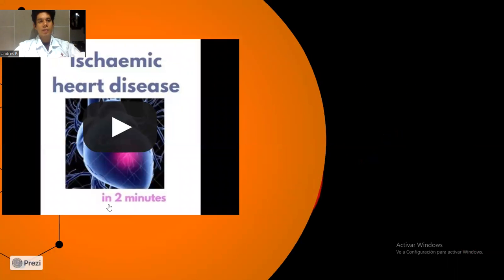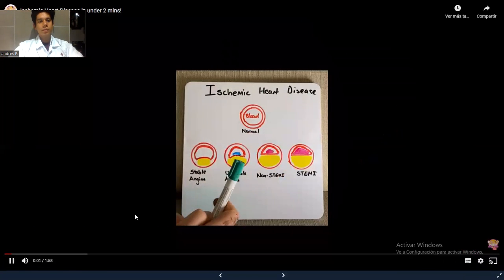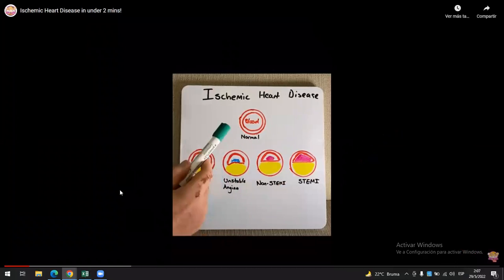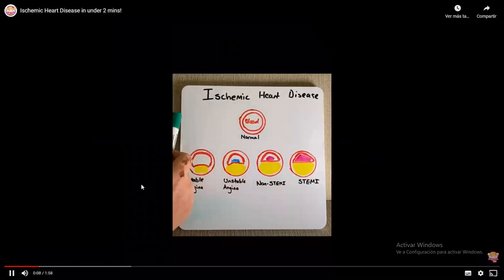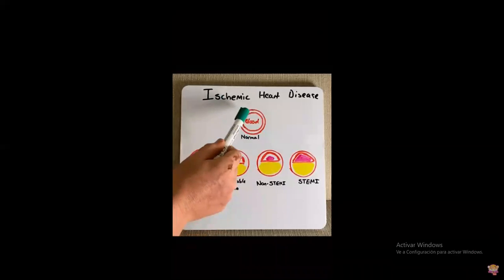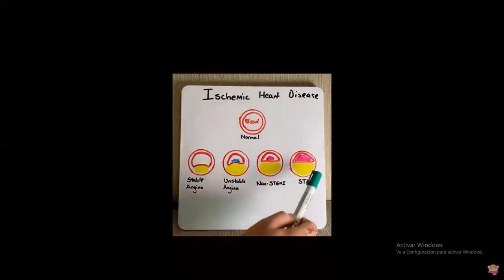This is a short video about ischemic heart disease. Ischemic heart disease, or coronary artery disease, is where we have a reduction in blood flow to the heart muscle itself. This is due to changes in the coronary vessel. Here we can see a coronary vessel in cross section, and we see a normal lumen of the blood vessel, therefore we'll have normal blood flow. But down here we have four forms of ischemic heart disease, starting at the least severe, moving to the most